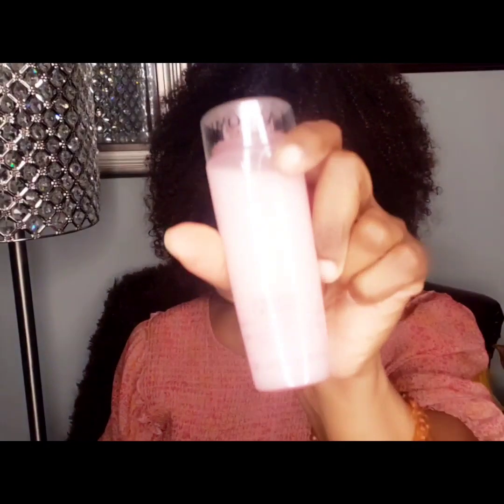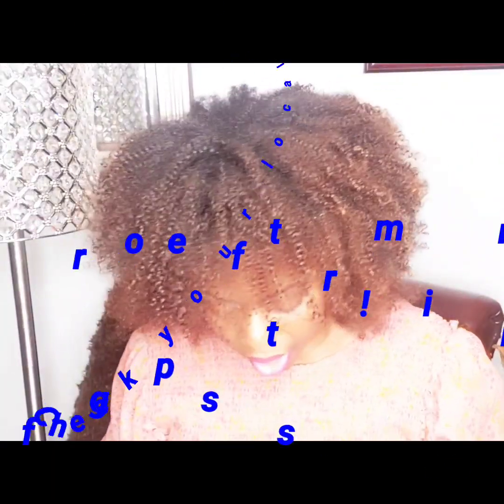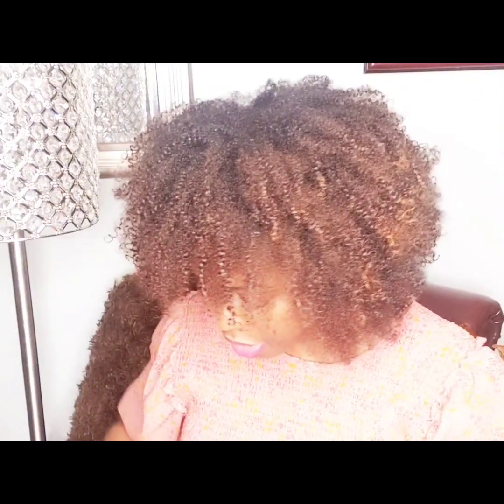There's another one that I use. I use this more in the colder months, right? And as the weather starts warming up, they also have a Tonique Radiance, which I am all out of right now, which I'm going to get pretty soon because they have a gift going on right now. So that's my cleanser, my toner, and my moisturizer that I've been using for